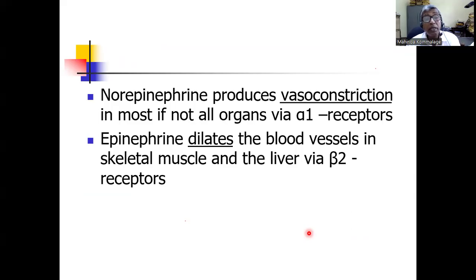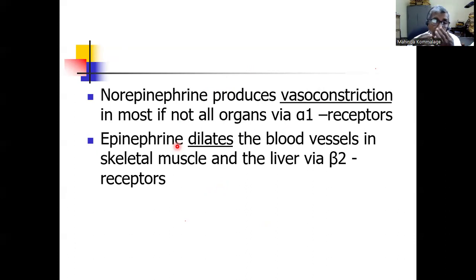Vasoconstriction. But adrenaline will dilate the blood vessels, and it is mainly important to dilate the blood vessels and provide good blood flow. But noradrenaline does the vasoconstriction in most of the organs. So there's a difference between adrenaline and noradrenaline action, right? So if I repeat again, noradrenaline is a vasoconstrictor hormone in most places,